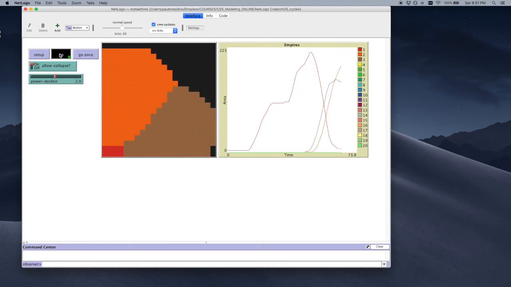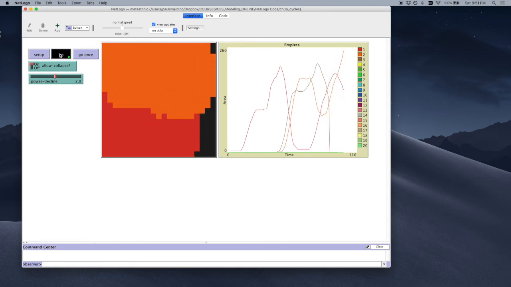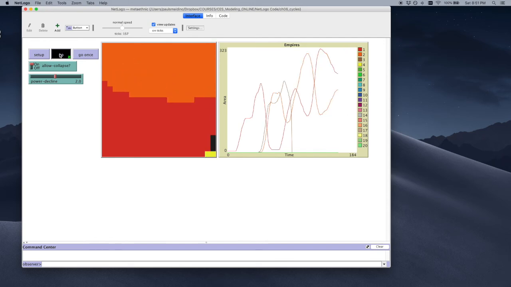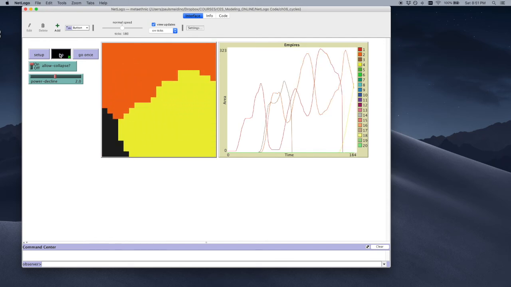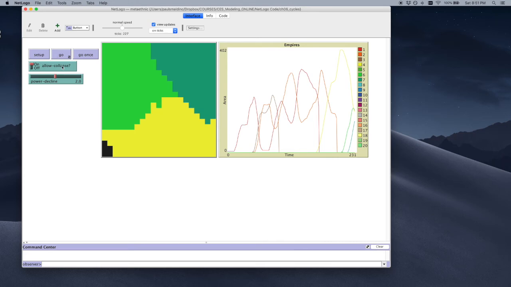So the first thing to notice is that after initial growth by the first empire, it's eventually attacked by a small chiefdom and it diminishes as other empires rise. So we get very clear cyclical behavior, empires rising and falling.